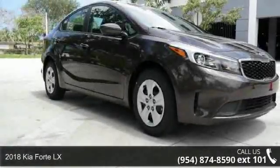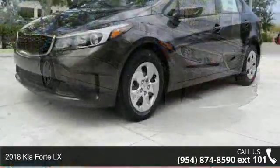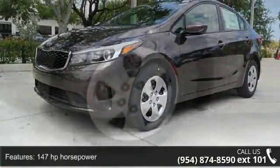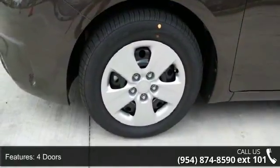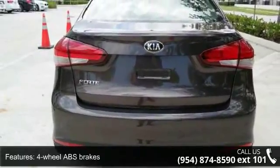Check out this Kia 2018 Forte LX. If you are looking for a first-rate auto, this one could be yours today. Some of the top features included with this vehicle are 147 horsepower, 2-liter inline 4-cylinder DOHC engine, 4 doors, 4-wheel